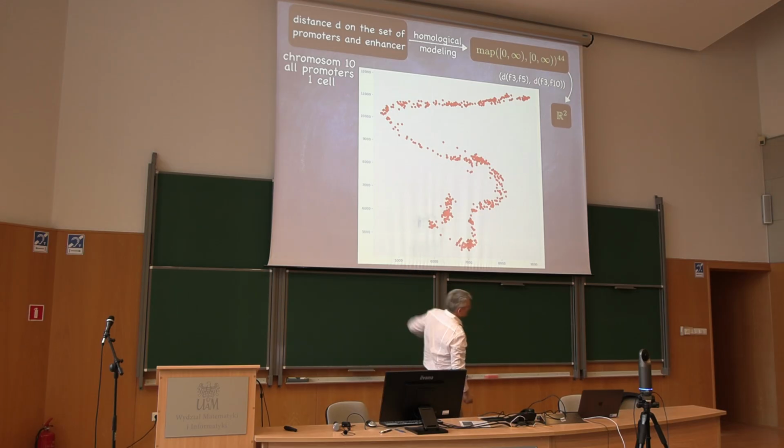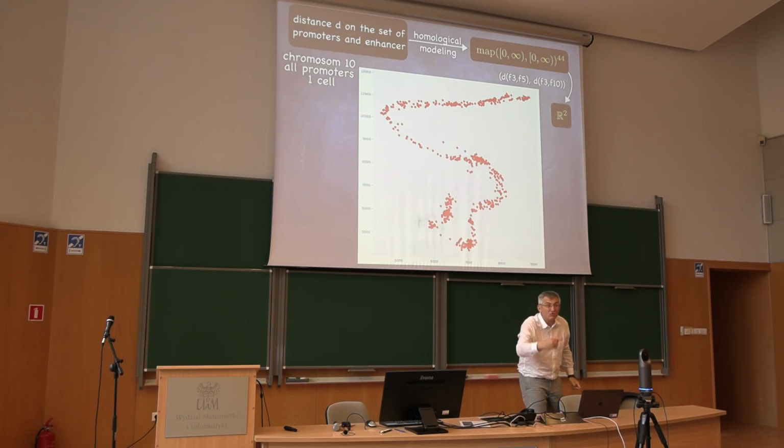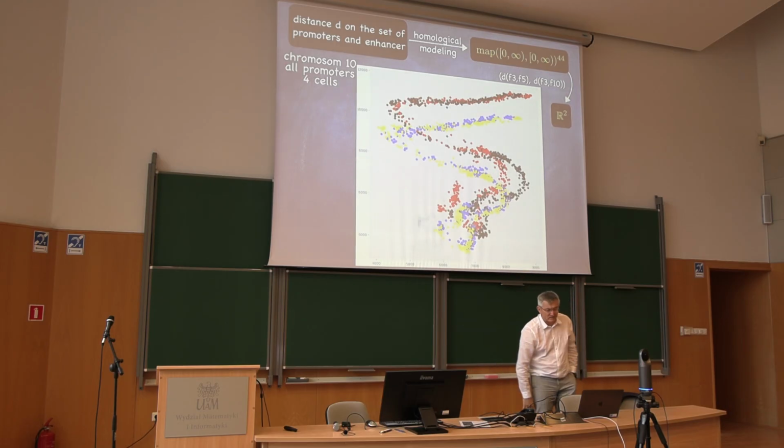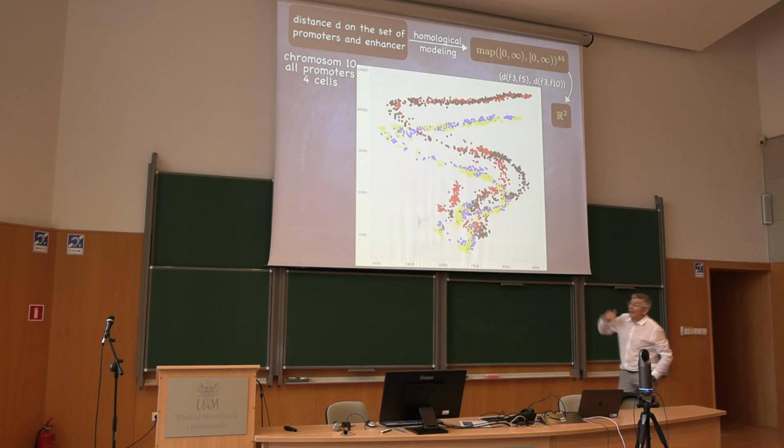So this was done for one cell. Let's just do repetition. This was done for the pluripotent cell. Let's look at the other pluripotent cell. And this pattern is very close. Now let's look at the next age, and you can see that they actually would be different. Okay, these projections would be different.